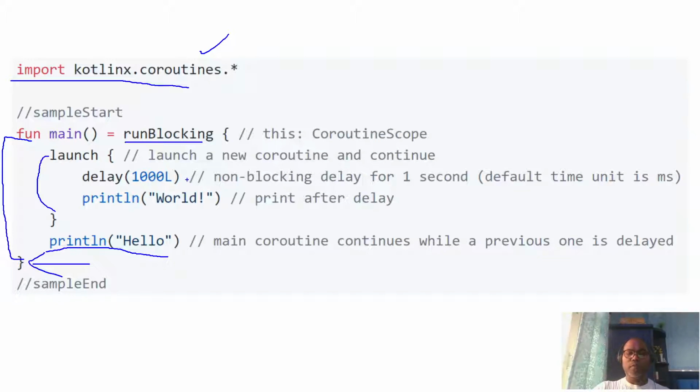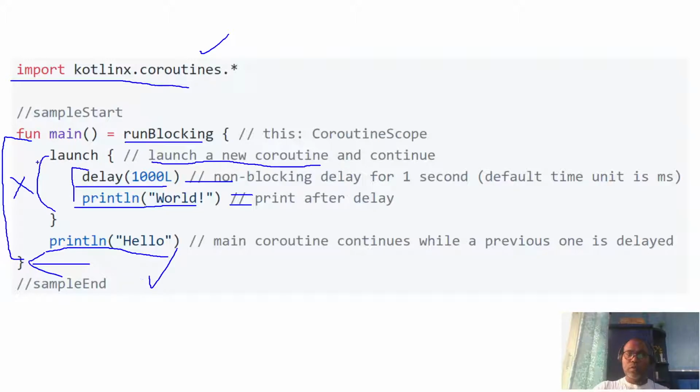So here we have just launched one block, hello world, and this launches a new coroutine, and whatever set of lines you have written here will be suspended for some time and then continue, maybe on the same thread or another thread. But our main program is not blocked to complete the delay, then print world, then jump to hello world.